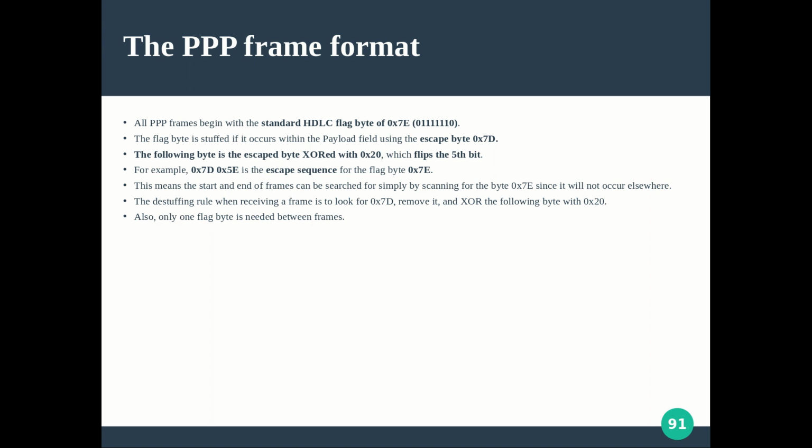Also only one, so why is it done in such a complicated way? Because it always gives you an assurance that in the message after byte stuffing, only the end delimiter pattern is going to look like 0x7e. So if that pattern also occurs in the original payload, in addition to byte stuffing, we are changing the pattern too. So that kind of double synchronization is being provided in the point-to-point protocol.